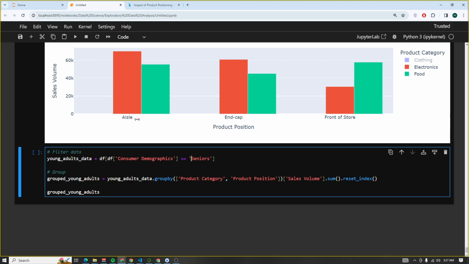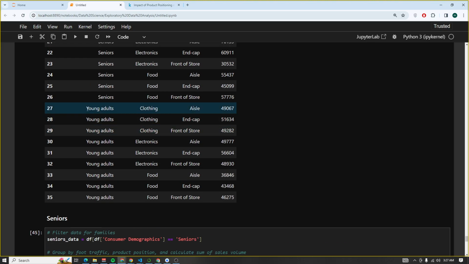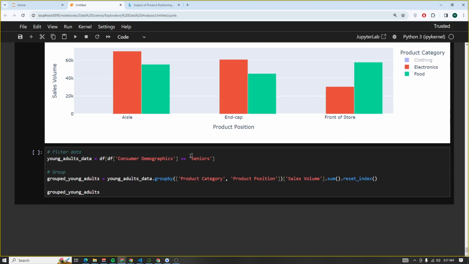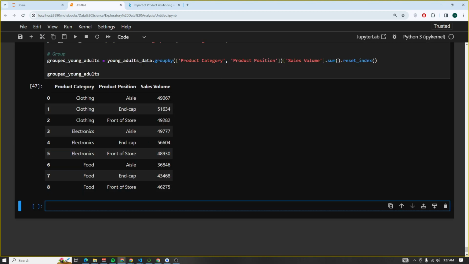Seniors, you can just change these two. Just to young adults, not seniors. It's just the same. Young adults, group young adults, young adults. So for young adults,